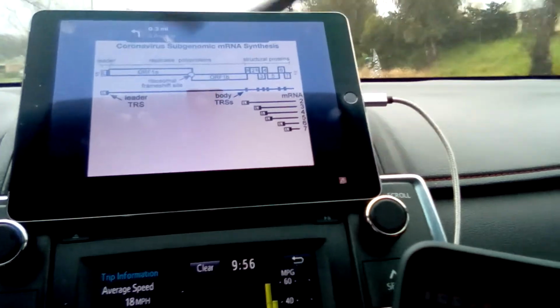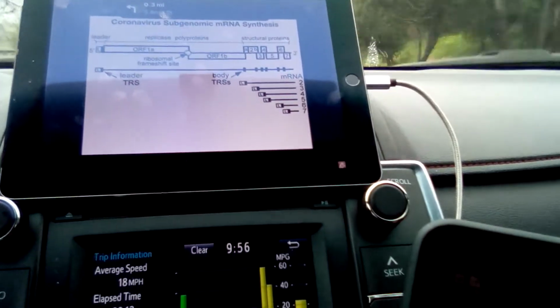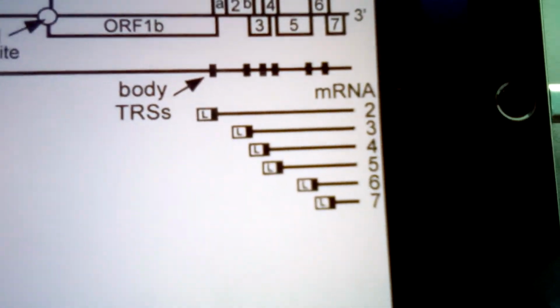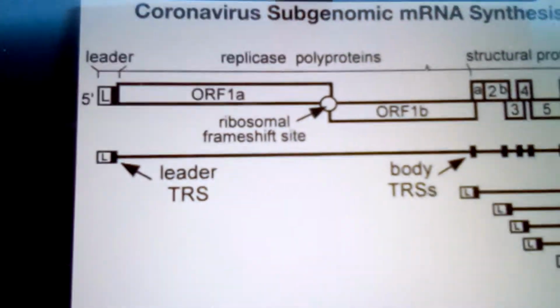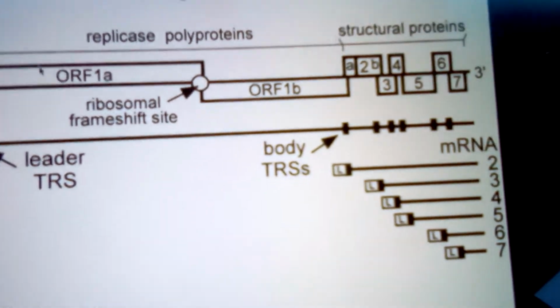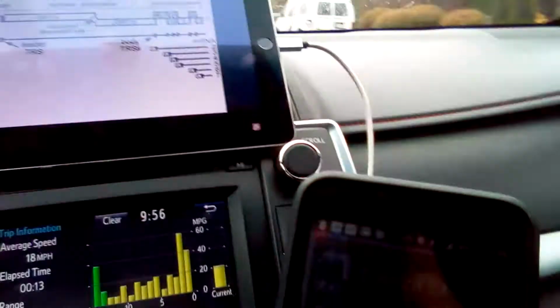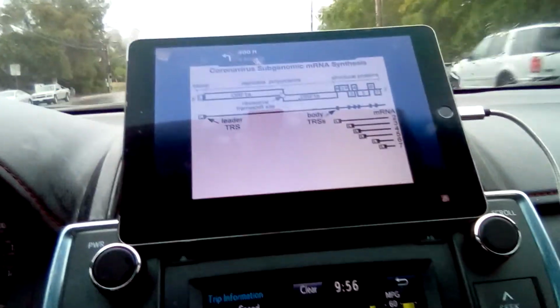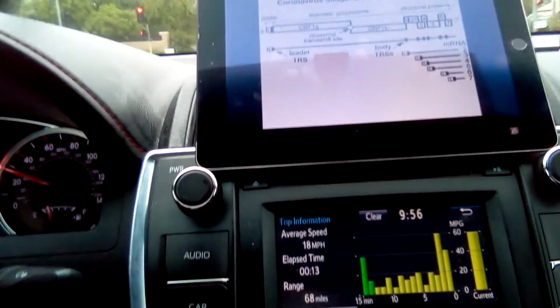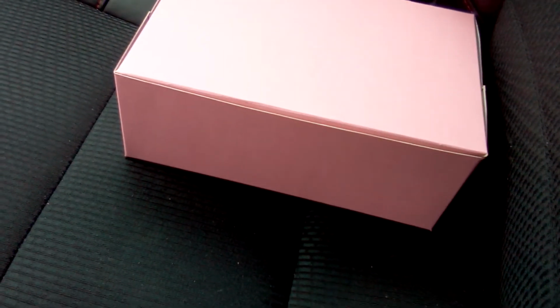Okay? So you can see here we have an open reading frame 1A, and then we have over here open reading frame 1B. And this section between this point right here and this point, this is what's going to give us these polyproteins, and sometimes they're referred to as replicase polyproteins, because the proteins that come from these polyproteins are going to be involved in replication and further transcription. Okay? And so what this allows is, as translation is occurring, we can clearly get through this open reading frame 1